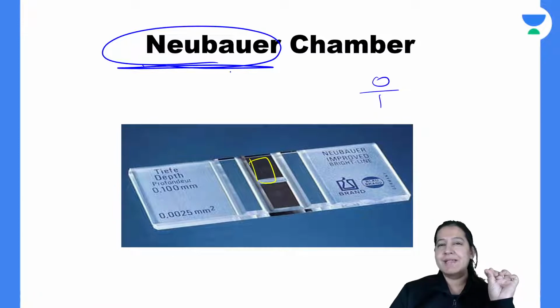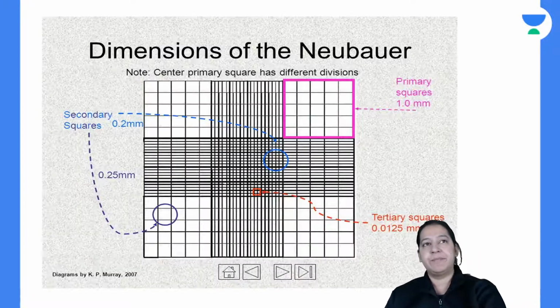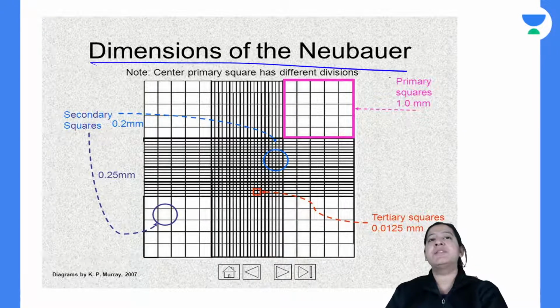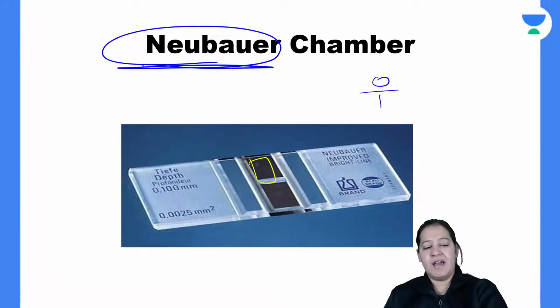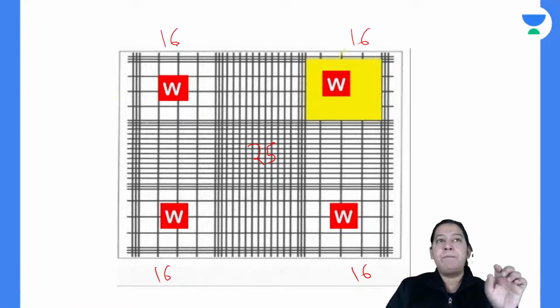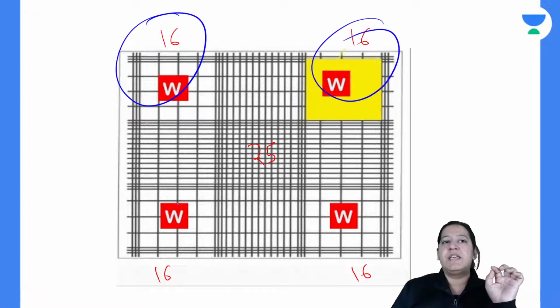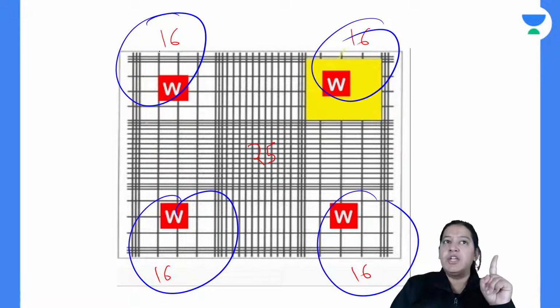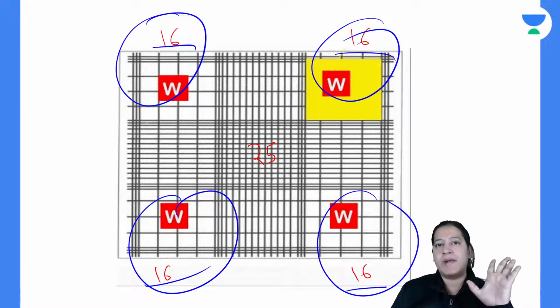So Neubauer's spelling is a little bit complicated, please learn it, right? You have to learn the dimensions of the grid. What are the dimensions? Yesterday I taught you total 9 chambers are there. It is divided into 9 squares. So the peripheral 4 squares are for WBC, and each is divided into 16, 16, 16, 16 squares, and the central